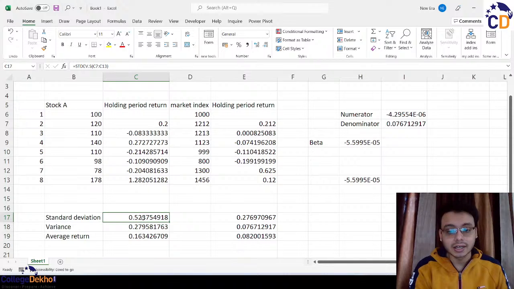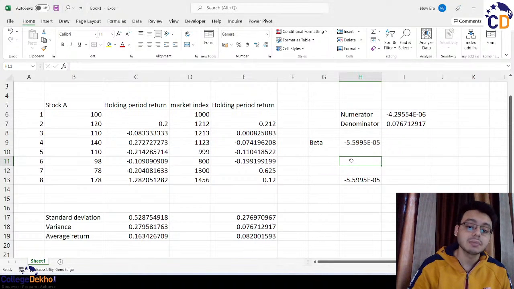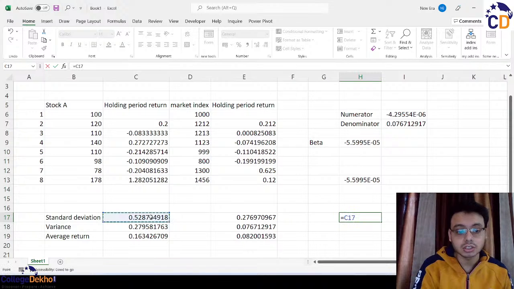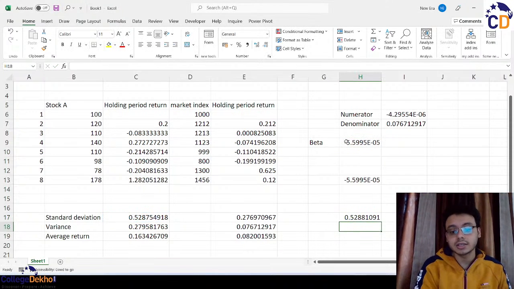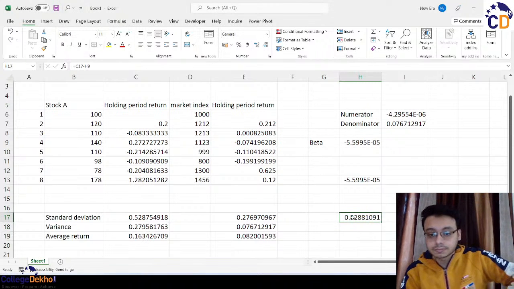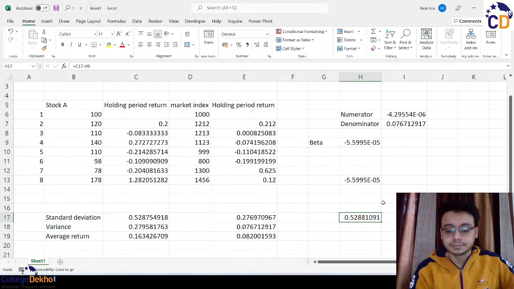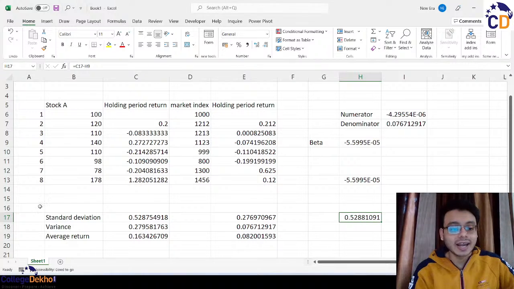So here you got the standard deviation. Here you got the systematic risk. Then people can find out the unsystematic risk as well. How? By having this total standard deviation in here, you can subtract this amount and you'll get the unsystematic risk. So 0.52. Okay, so this way you can do it. This was the way you can calculate your covariance, variance, standard deviation, average return, beta,